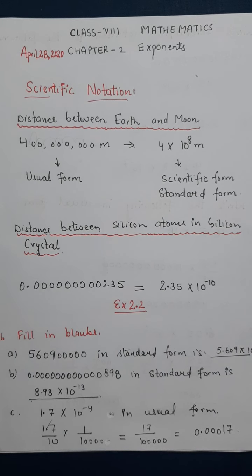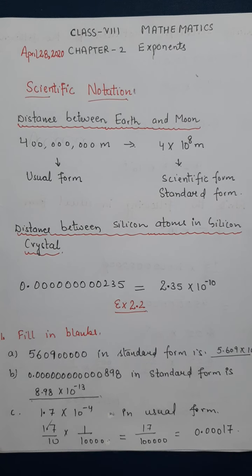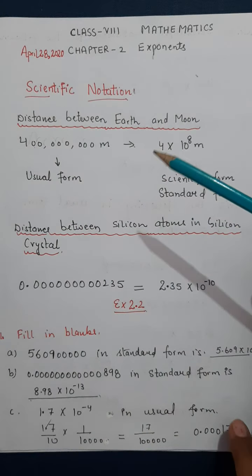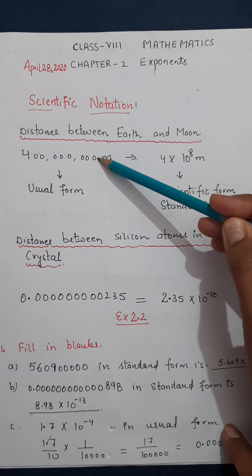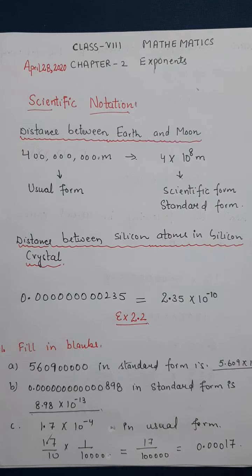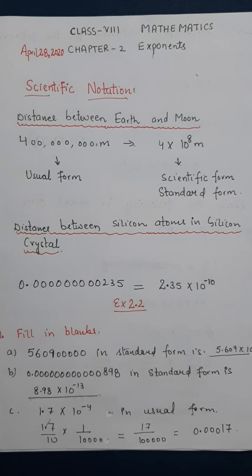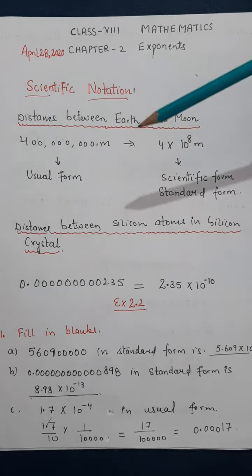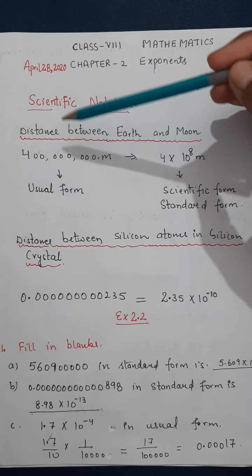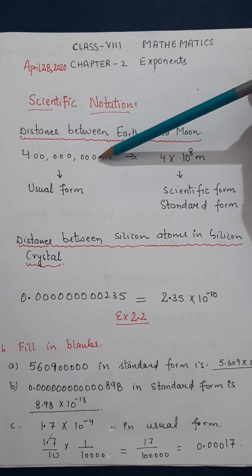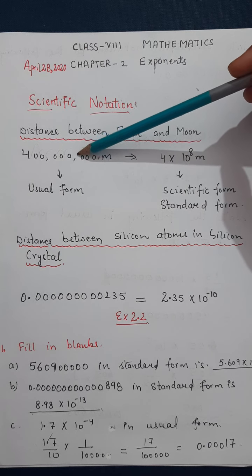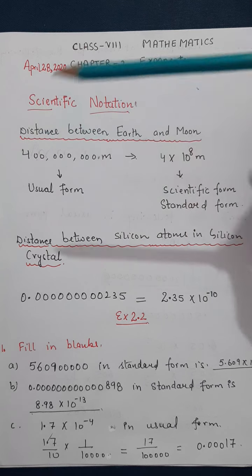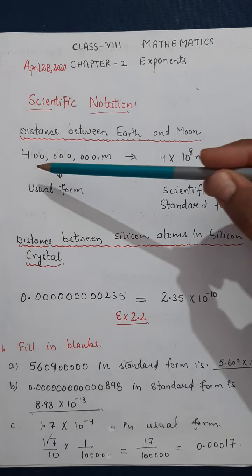How to present its standard form? Just see carefully. 440 crores. Okay, put a decimal here, right? We want to shift this decimal just after 4, this side. Okay, so how many jumps do we need to take? 1 2 3 4 5 6 7 8, right? Okay, it was a simple number.